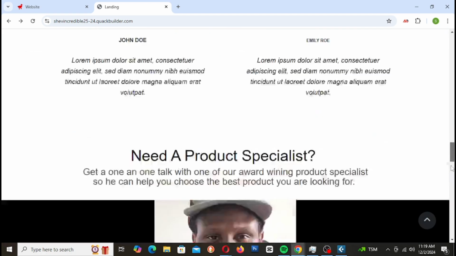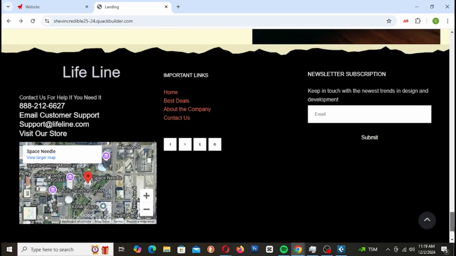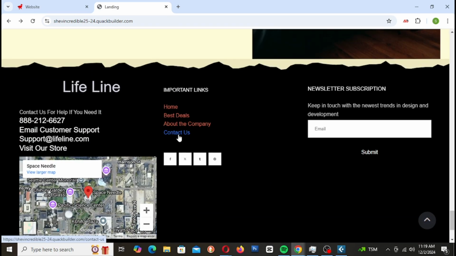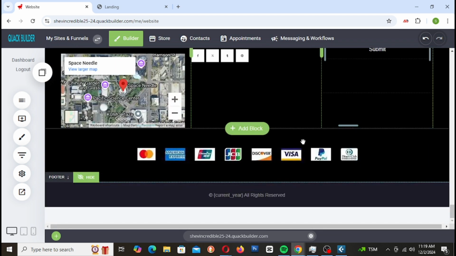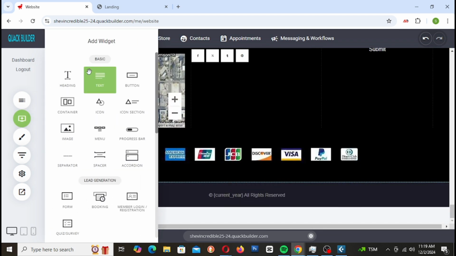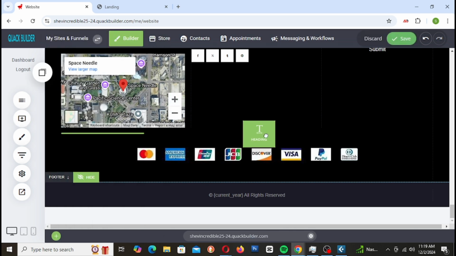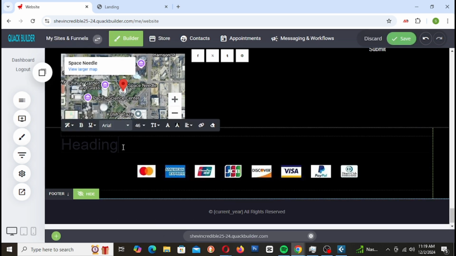Okay, so we build an awesome website and we just go over it and we tweak everything that we see needs to be tweaked. All right, and once we hand it over to the customer, they can change anything because it's pretty simple, pretty easy to change anything on their website, or we can just change it for them. Okay, so if you need something to change or you need to add something, we can do that for you. Okay, for example, as you can see down here, I'm just gonna add a text. We're gonna have this right here, and I'm gonna modify it and say